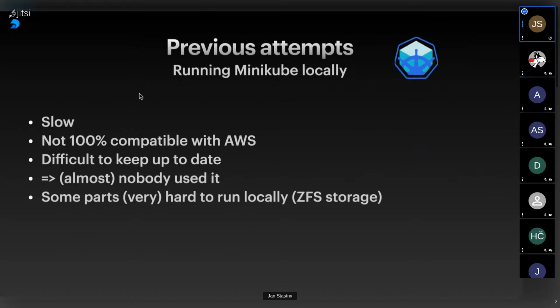And even if we simply made people use this, there were parts that are almost impossible to run locally. Namely, in production, we use ZFS for the storage, and this is quite difficult to run locally on your MacBook, or very challenging at least.